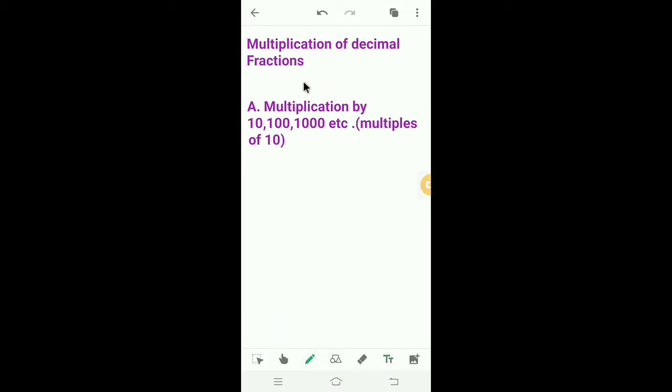Dear students, today we will learn multiplication of decimal fractions. First, multiplication by 10, 100, 1000, etc. To multiply a decimal fraction by 10, 100, 1000, etc., move the decimal point in the multiplicand by as many places to the right as there are zeros in the multiplier. For example,